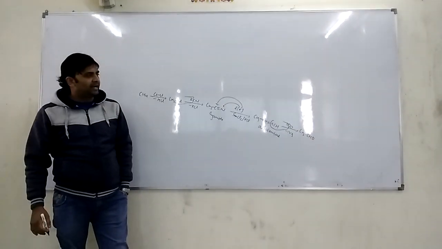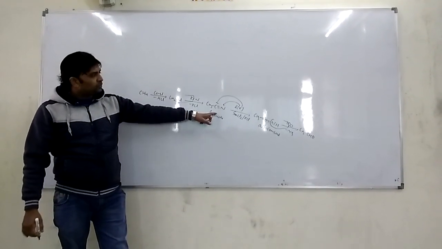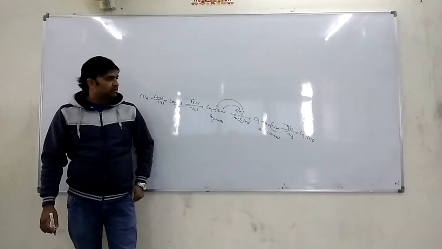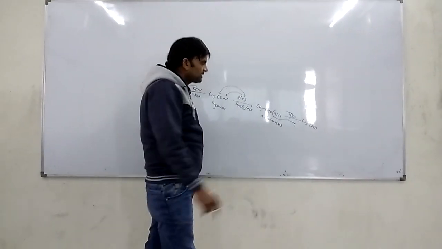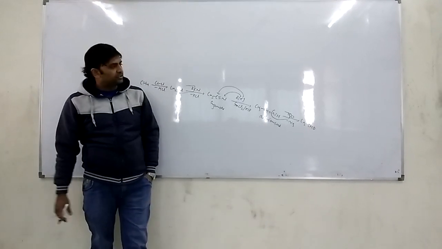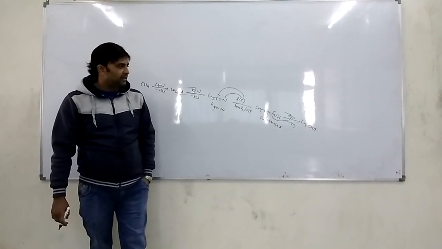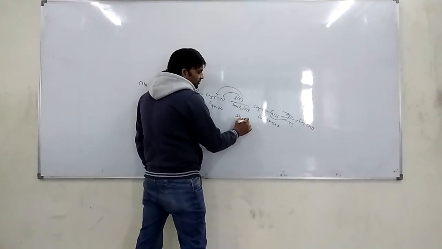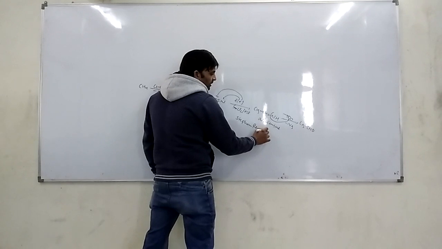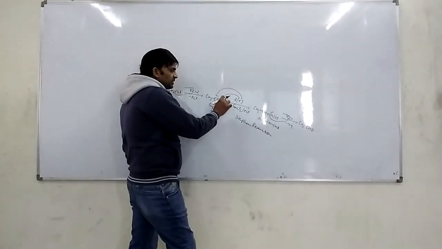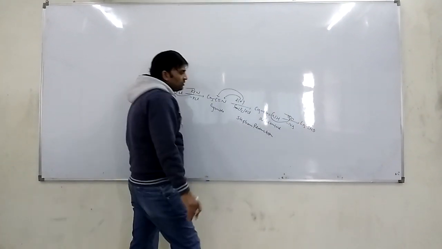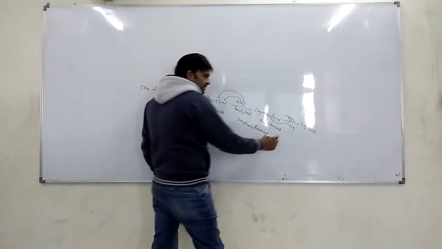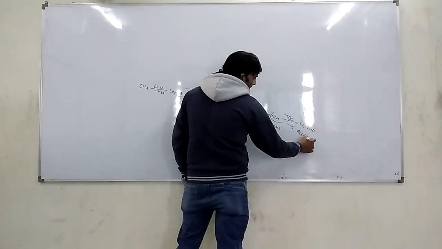What is that? Aldehyde. That is, we have converted cyanide into aldimine by reduction in the presence of SnCl2 and HCl. Now this aldimine is converted into the aldehyde by the reaction with water and release of ammonia. This reaction is called Stephen reduction. That means the conversion of cyanide into aldehyde is known as Stephen reduction. We get acetaldehyde. You know CH3CHO is known as acetaldehyde.